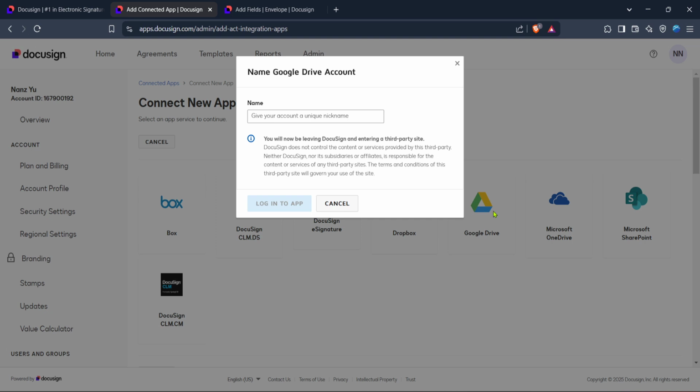This might seem unexpected if you're looking to connect Gmail, but integrating with Google Drive will provide a seamless pathway to manage documents directly from your Gmail once everything is set up, leveraging the interoperability between Google services. Now you've successfully completed the steps to connect DocuSign to Gmail through Google Drive configuration.